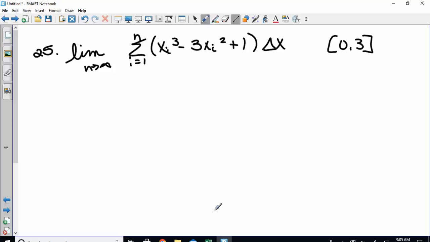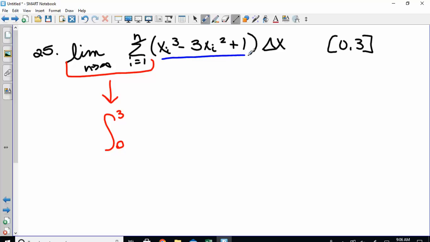Okay, so we are asked to write this as a definite integral. So this is just the definition. When you're doing that, the limit of the sum just turns into the integral symbol. Where are we integrating from? Starting at 0, ending at